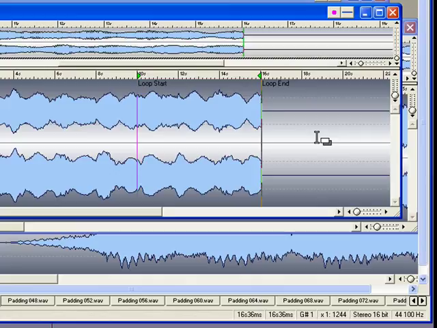So for this pad, I could have sampled, say, 25, 30, 35 seconds. However long would be the maximum amount of time that you'd ever be holding down the key. So if I sampled, say, 30 seconds, I probably would never be holding down the pad more than 30 seconds,